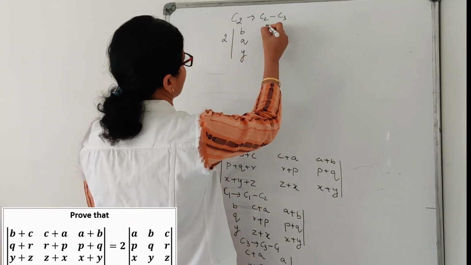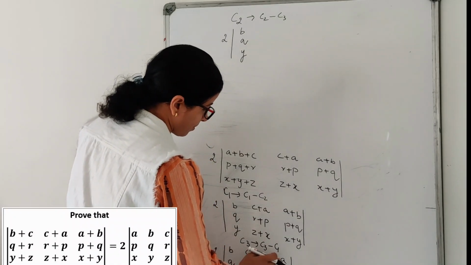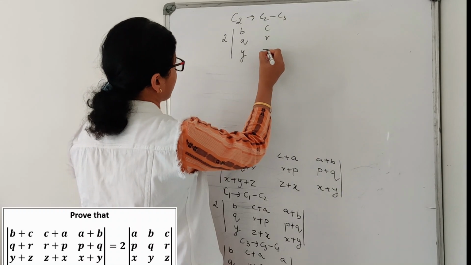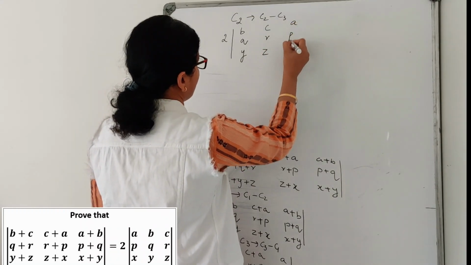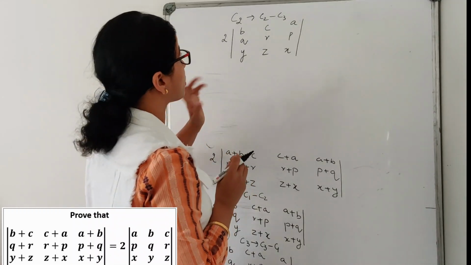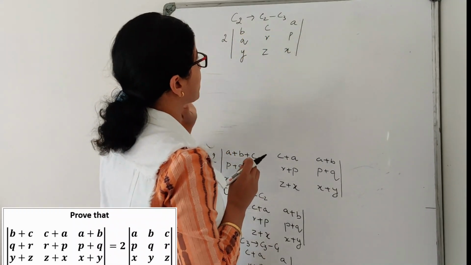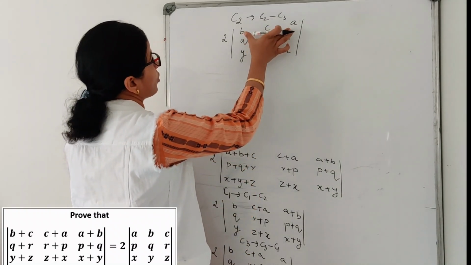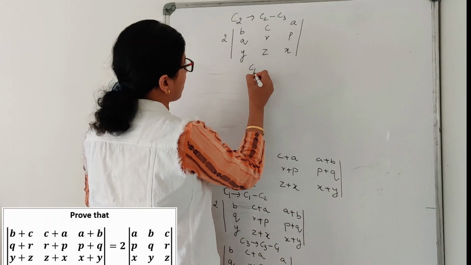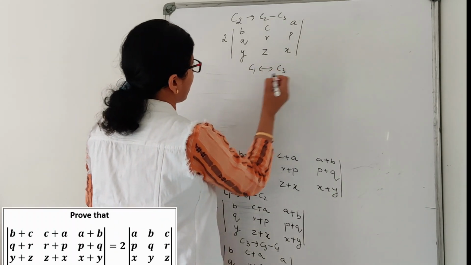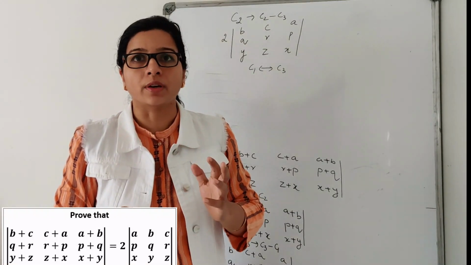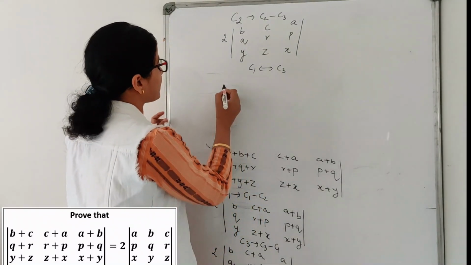Okay. Now next will be left. If you are subtracting, C plus A minus A will become C, R, Z, A, P, X. If you check the right hand side of the question, these places are interchanged, right? So I am going to interchange column 1 and column 3 with each other. Whenever we are interchanging two rows or two columns, the value of the determinant becomes negative. So a minus sign will come here.